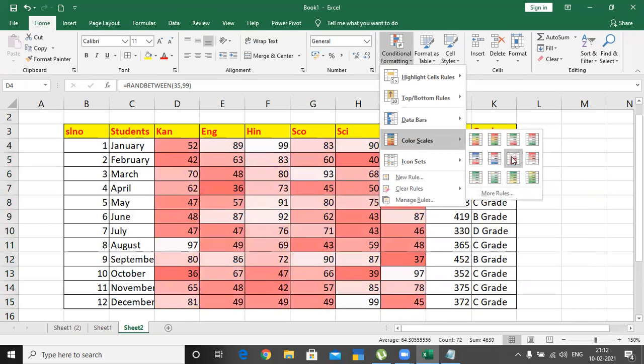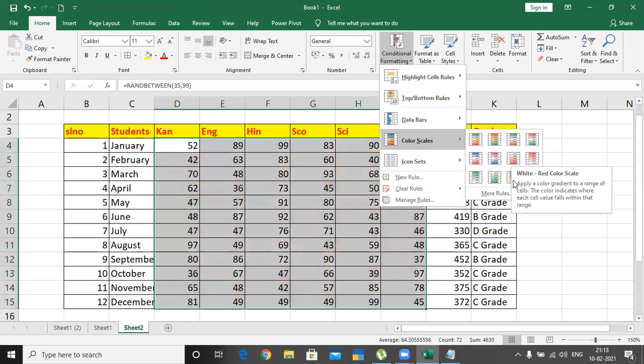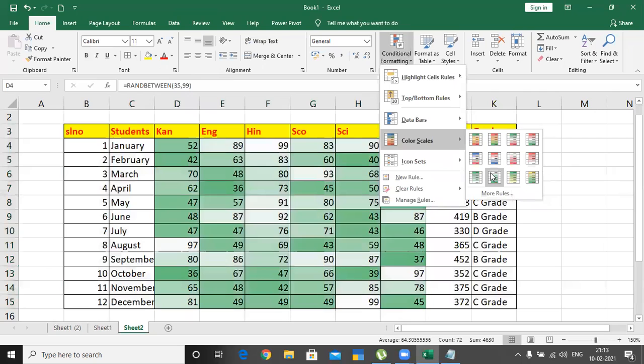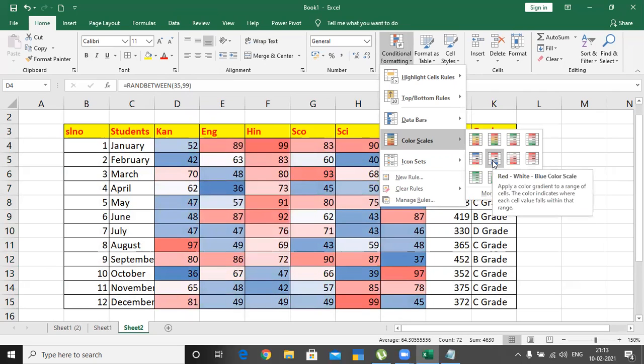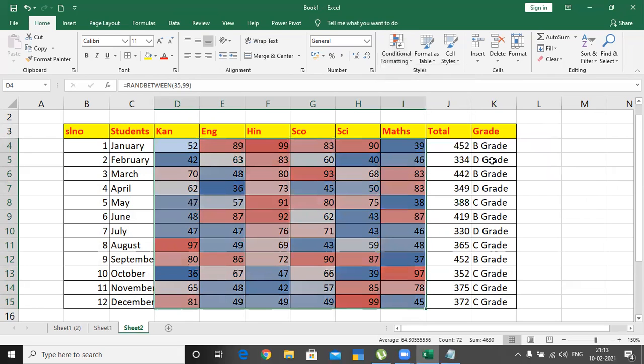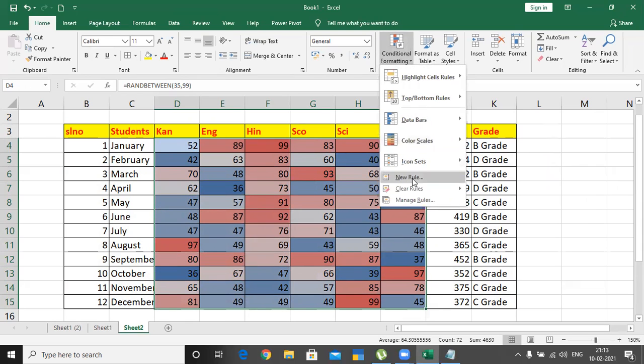And next you go for one more, color scales. So you choose whichever color you wanted, like red color scale, white color scale, or else three color scale. Okay, whichever you feel comfortable, you select it. But here I am not using any condition. By default the system has assigned some values, so based on that the color is assigned, but I have not defined anything. So what you have to do is create your own rules in the list by deleting this one.